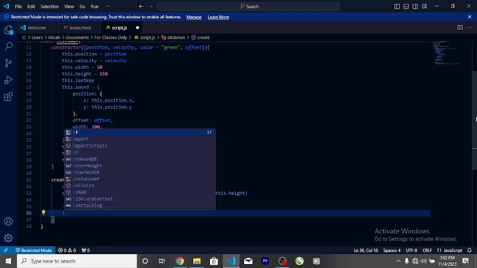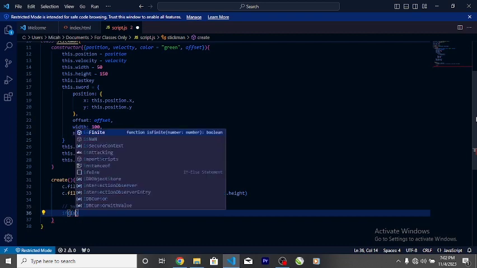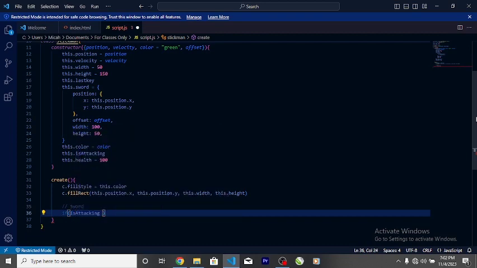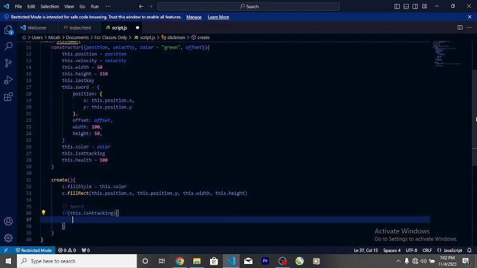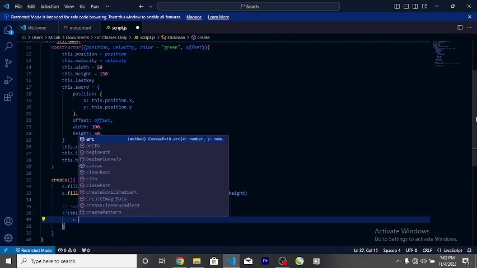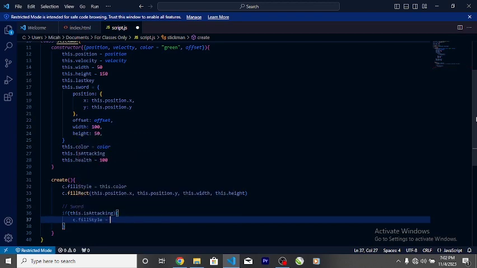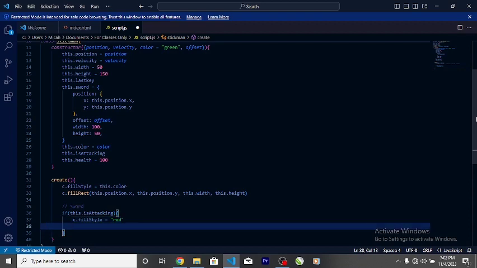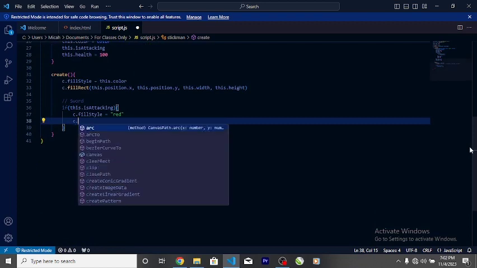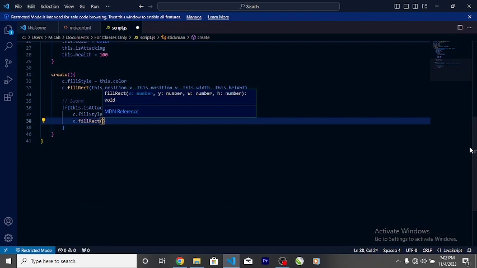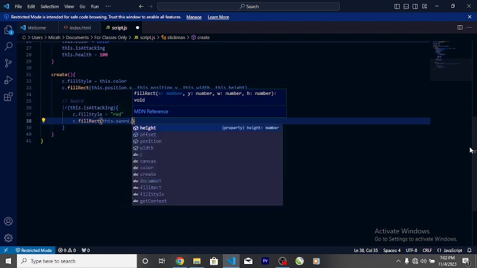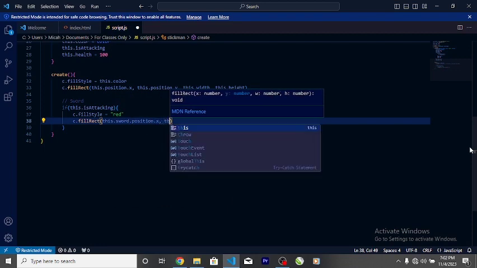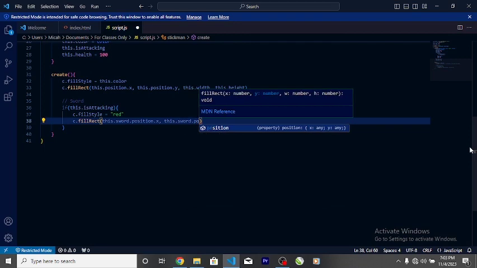I'm gonna say if this dot is attacking, if it's equal to true, we're gonna say c dot fill style equal to red, and c dot fill rect, and that's going to be this dot sword dot position dot x, and this dot sword dot position dot y,